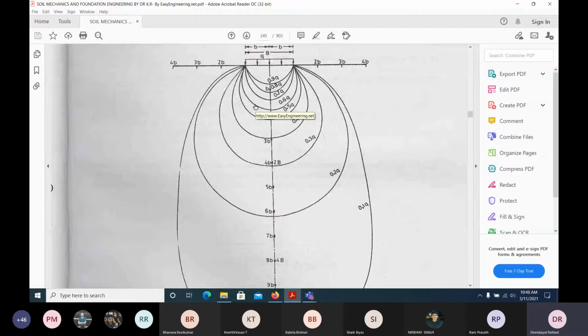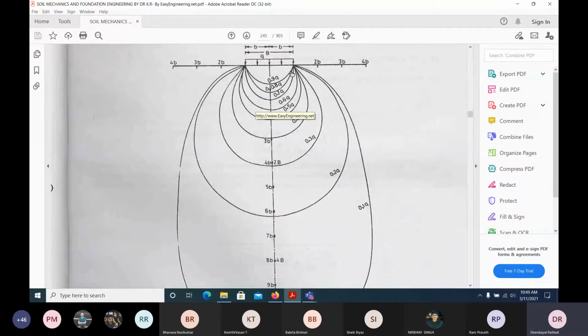Otherwise, what happens is that just below this footing the soil can be gravel, but below that one more layer may be there, which can be soft clay. Because of this loading, we are constructing a very huge building or a bridge, and previously it was not expected that when you apply load, that soft layer will settle down. When the soil layer settles down, the building foundation also settles down. When the foundation settles down, whatever you have constructed above, you will find cracks in the building. Understand? So the settlement we should always avoid.